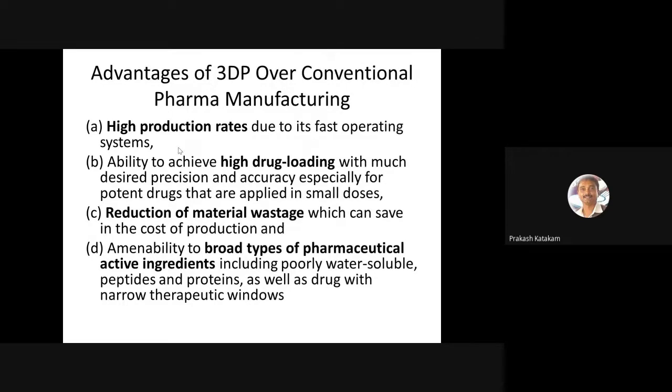But using 3D printing technology, we can avoid almost 95% of those materials. In another sense, out of a 1000 milligram tablet, we can use 950, 970 milligram of the drug. So we can put high doses of the drugs.